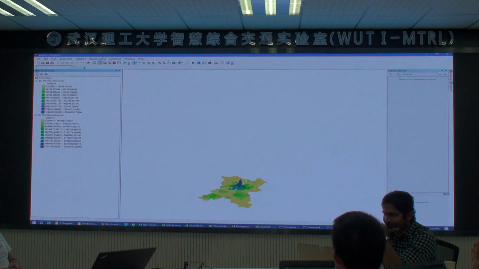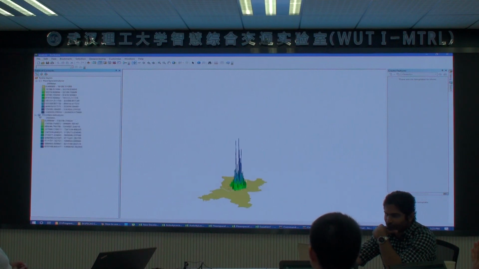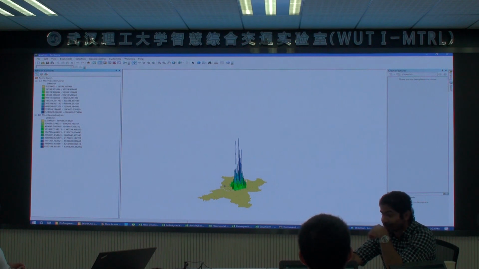In the city center there is a high space quantity, but when we go up to 2030 the space is increasing in all the zones, and it follows the same pattern, developing more space near the city center. So the main function we use to develop these space quantities in the model